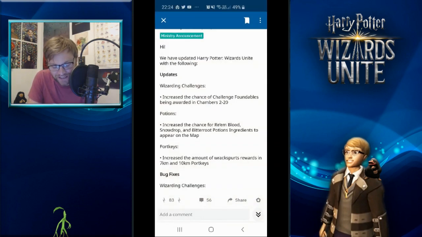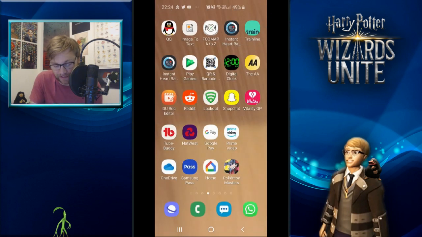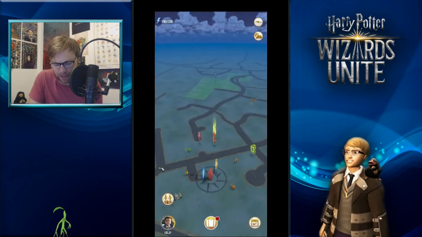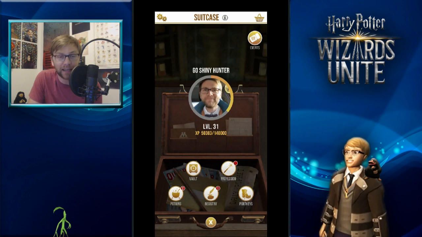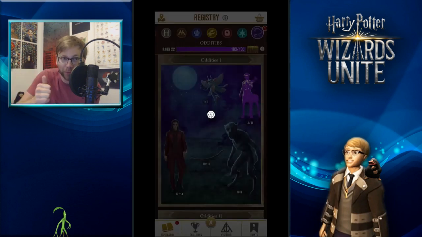And then the final change is just a Wizarding Challenges fix. So they fixed an issue where challenge foundables from Wonders of the Wizarding World were not being rewarded in Wizarding Challenges, as well as general bug fixes. So that means that if you had been battling in fortresses and using your runestones of the Wonders of the Wizarding World, you would not be getting rewards that come in the form of the Night Bus, and I believe the other one is the Hogwarts Express